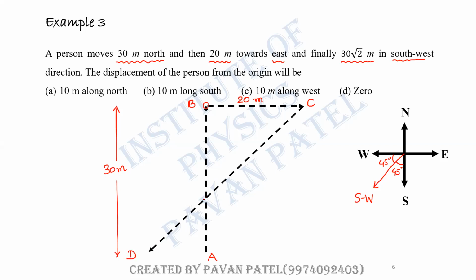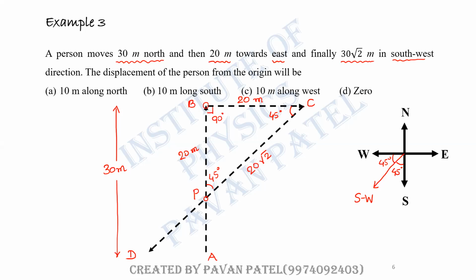Right, this point of intersection, I will call it P point. This angle will be 45 degree. Of course, this angle is between north and east, so that is 90 degree. And this angle is also 45 degree. So B to P distance is 20 meter. Therefore P to C distance is 20 root 2 meter. Applying Pythagoras law, we can easily say that distance between P to C is 20 root 2 meter.